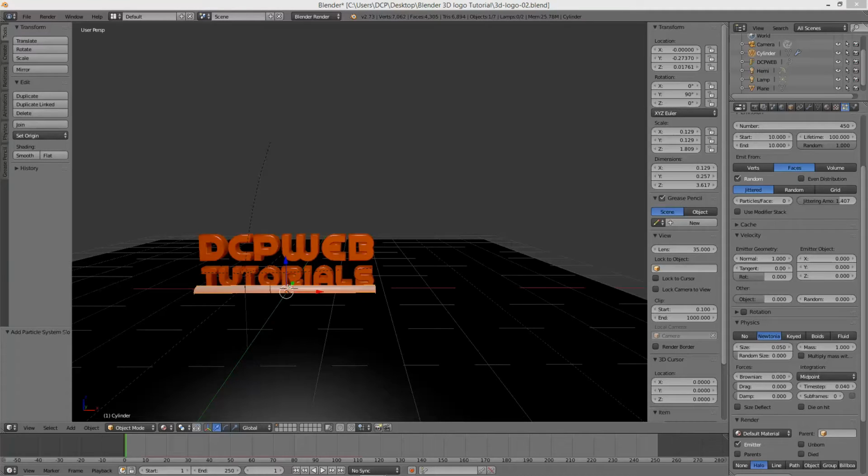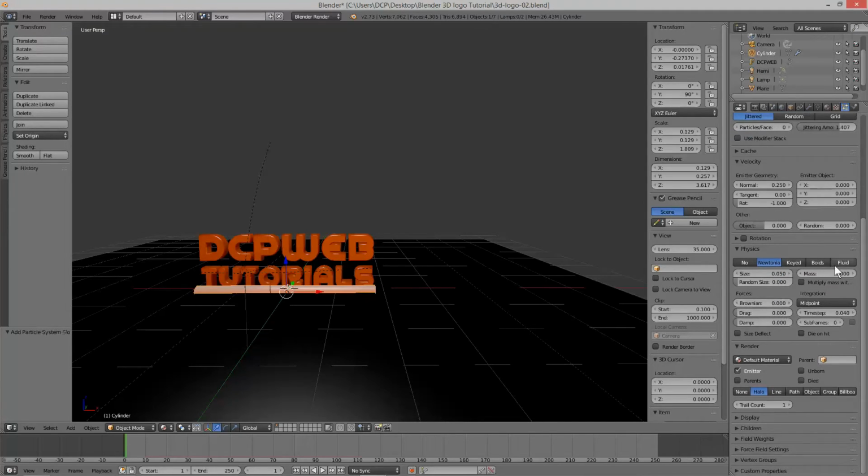And we need to also set the emitter geometry. We want to set that to around 0.25. And we can reduce this down to -1 as well. So we set these settings like this. You can play around with these settings. After we've done this, we're going to see what the particles look like. You can play around with these settings to, you know, make the particle however you want it to display and work. So in here we're going to set it to a fluid,